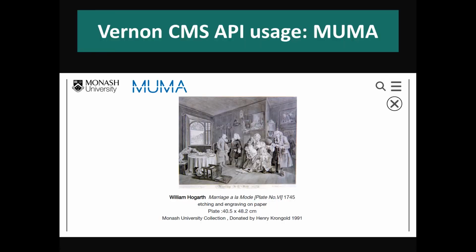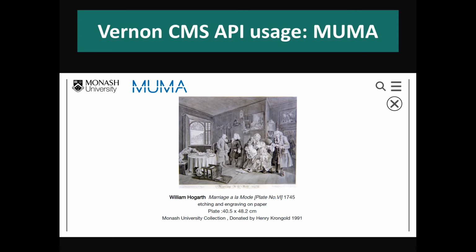One of the other areas where we're seeing adoption of our product is the API that provides you direct connection into the raw data in Vernon. So we've had 2 sites launch where they're relying on that to grab the data that they want to embed then in another application. So the Monash University Museum of Art have built their own bespoke front end to the collection, and that's relying on that raw data that they're pulling out of Vernon through the Vernon CMS API.